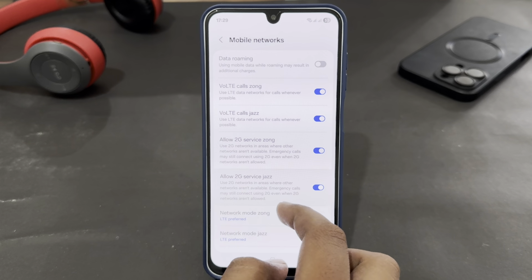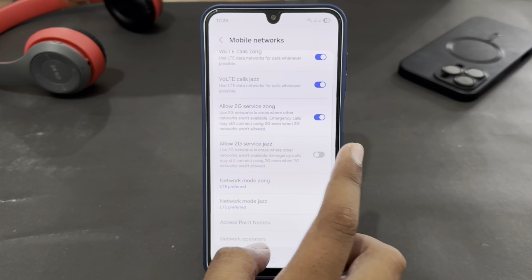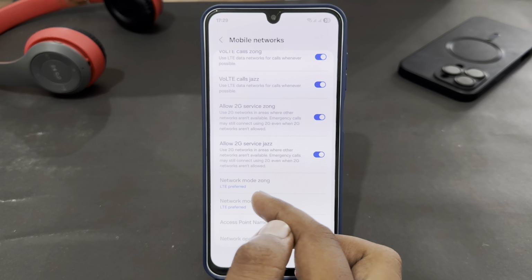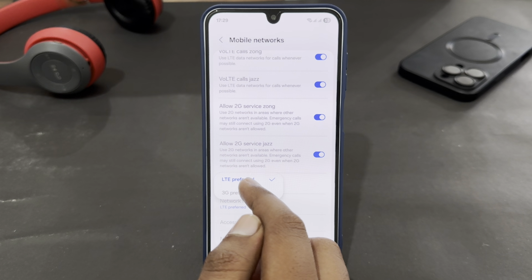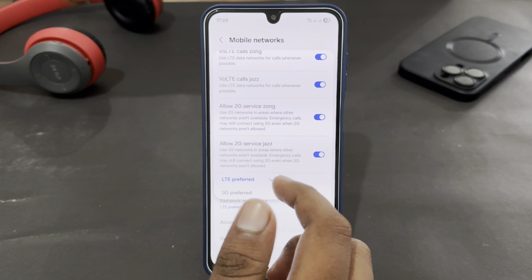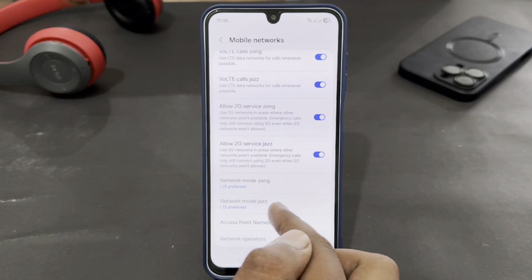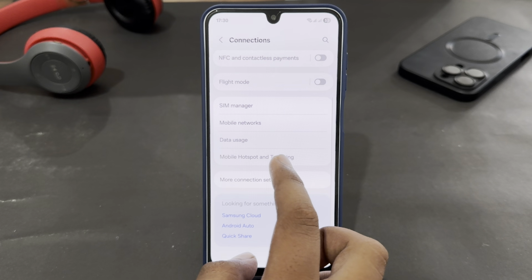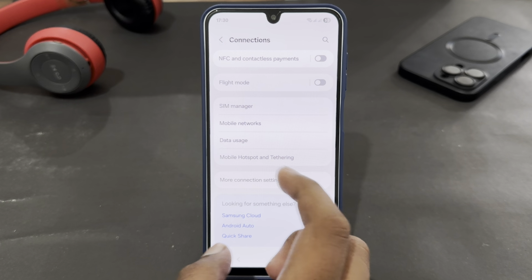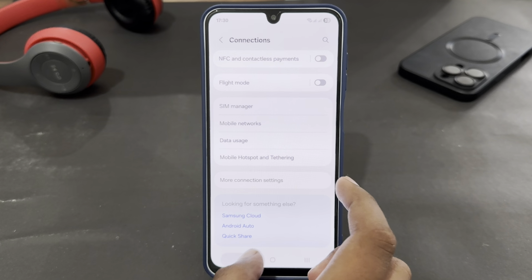and here you have to make sure that you have selected networks mode on this, and here just select LTE preferred, or if available select 4G or 5G, and same with the second one. And after that, if you are still having any issue, you just have to go back,